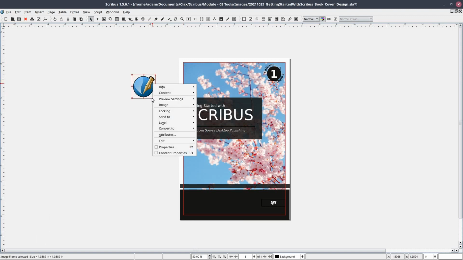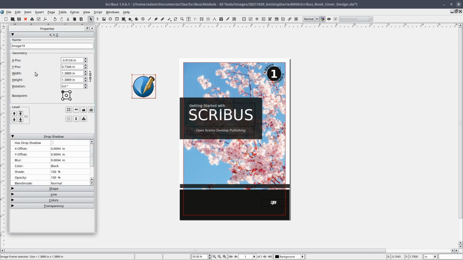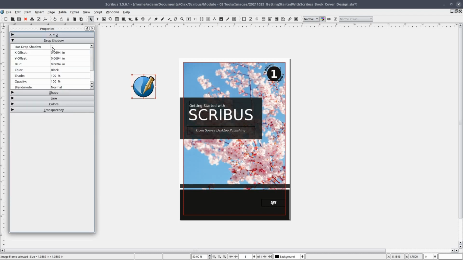With the image frame's properties control panel open, you should see panels for modifying the frame, such as its shape, colors, and transparency. We're going to focus on the drop shadow panel. Let's go ahead and add a drop shadow to our image by opening the drop shadow pane, selecting the Has Drop Shadow option. The default is to apply the shadow to the bottom right of the image.